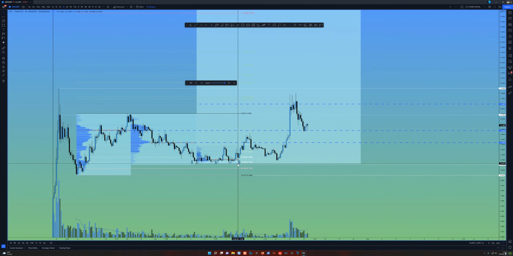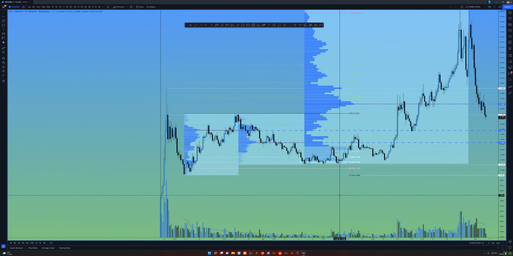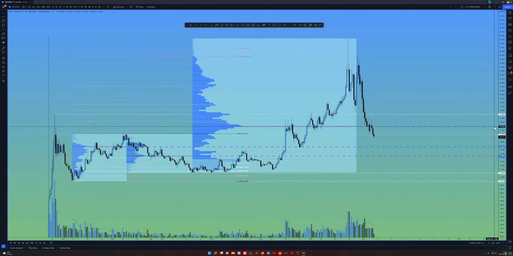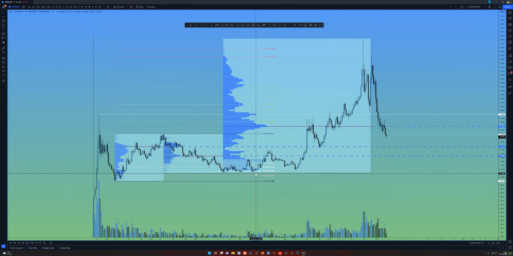So from this point where it's bottoming out on exactly that 78.6 level, from there we've started to move up, and from this point, look,